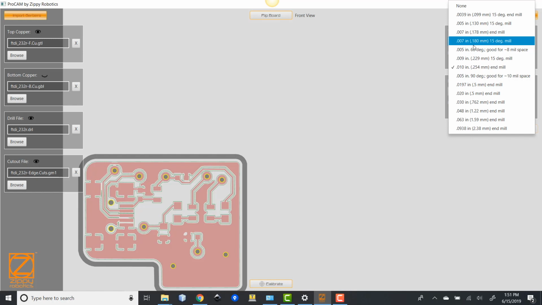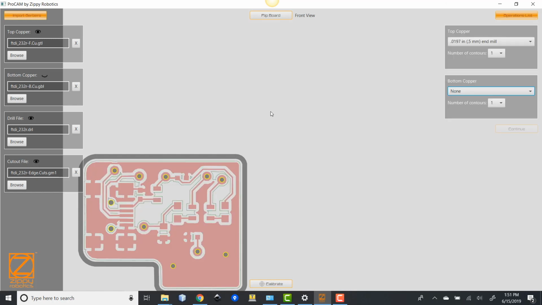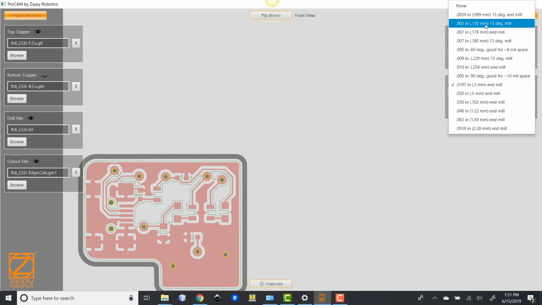Or just to make the point even more clear, let's do almost 20 mil. Click on that one. Here, it can't fit between any of these pins, so it doesn't go there. So this is not going to isolate all of the pads that we need isolated. So we're going to go to this one,